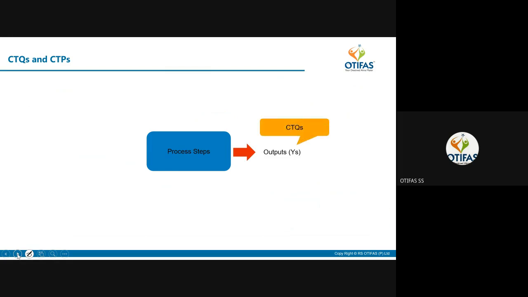Okay, then CTPs and CTQs we have defined earlier also. Somebody asked me this question. So this is clear to you. Now output, we call output as Y, the dependent variable. All these things are the same. Output is CTQ. When you define the specification of output, it becomes CTPs, CTQs. Now you have a lot of inputs. Now what are the different kinds of input? All these inputs are known as 5 M's.